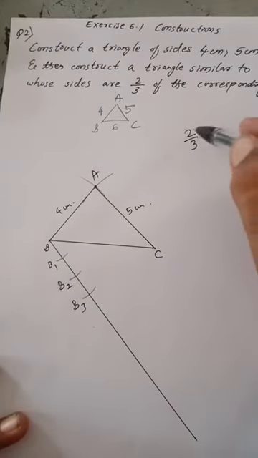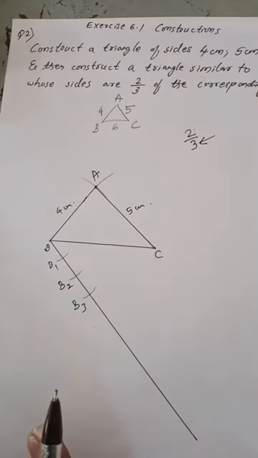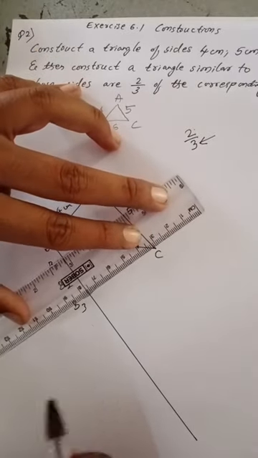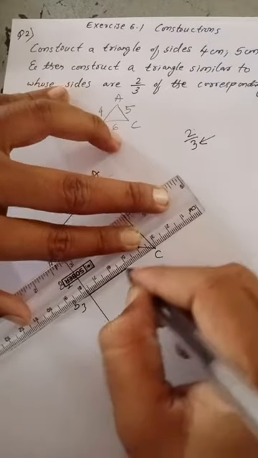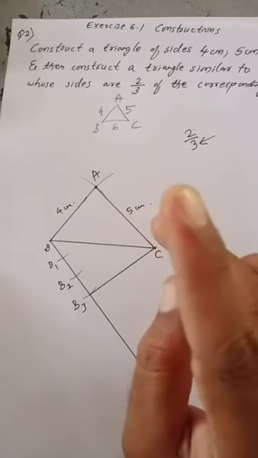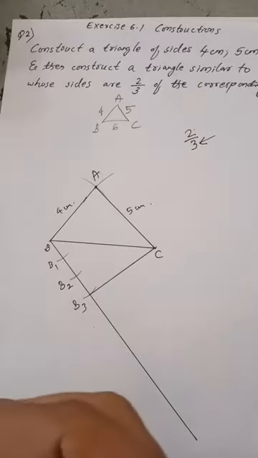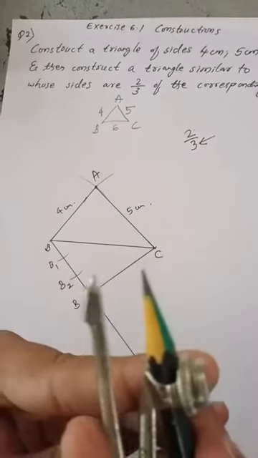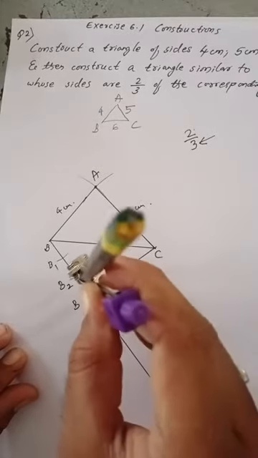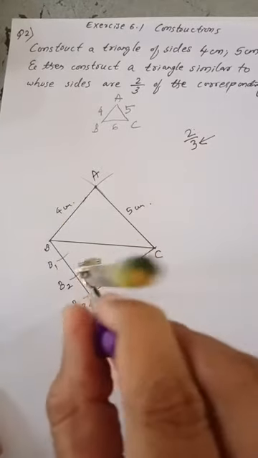Next, concentrate on the fraction. I already said the first thing you must join is the denominator value. What is the denominator? 3. So we need to join B3 to C with a straight line like this. After that, we need to draw an angle between B3 and B2. Use the compass this way, and take a measurement, always more than half when drawing an angle. Take more than half and draw an arc.